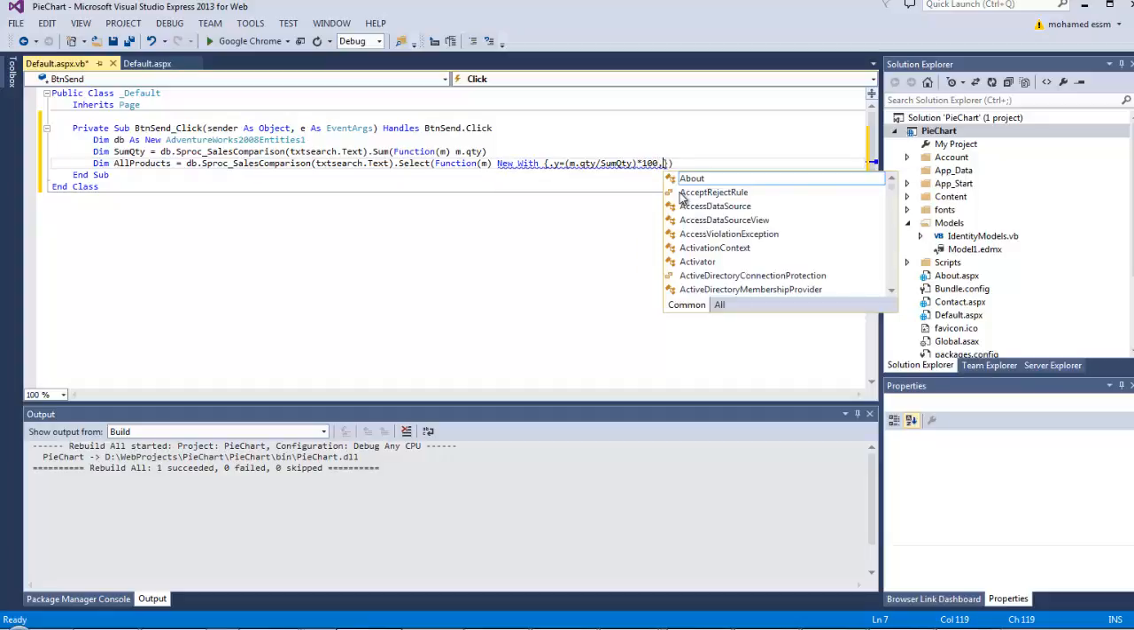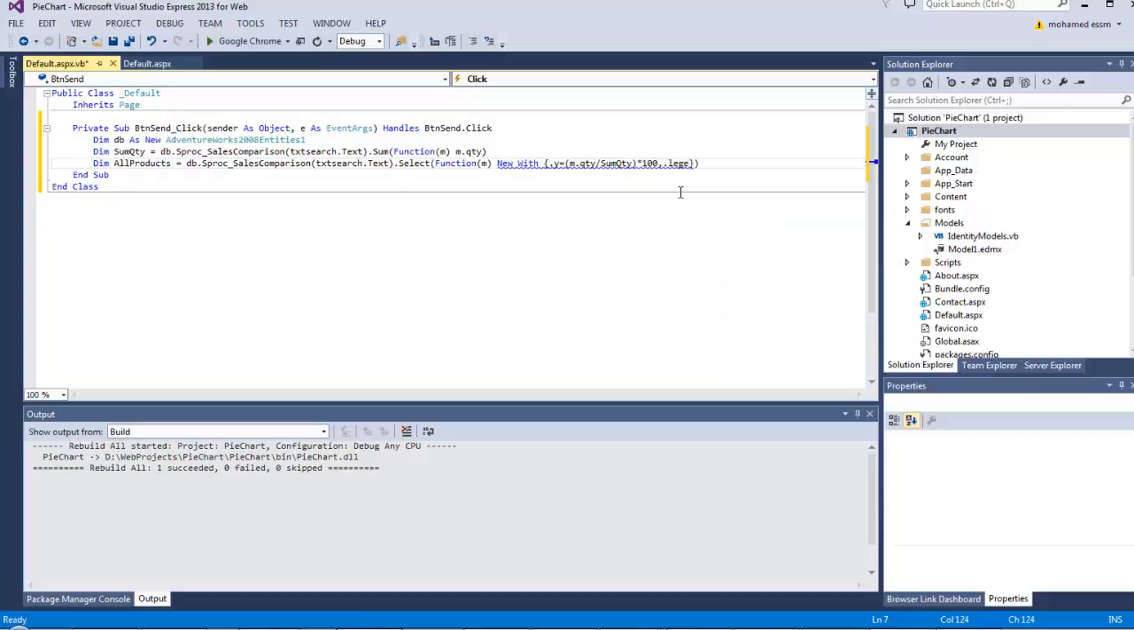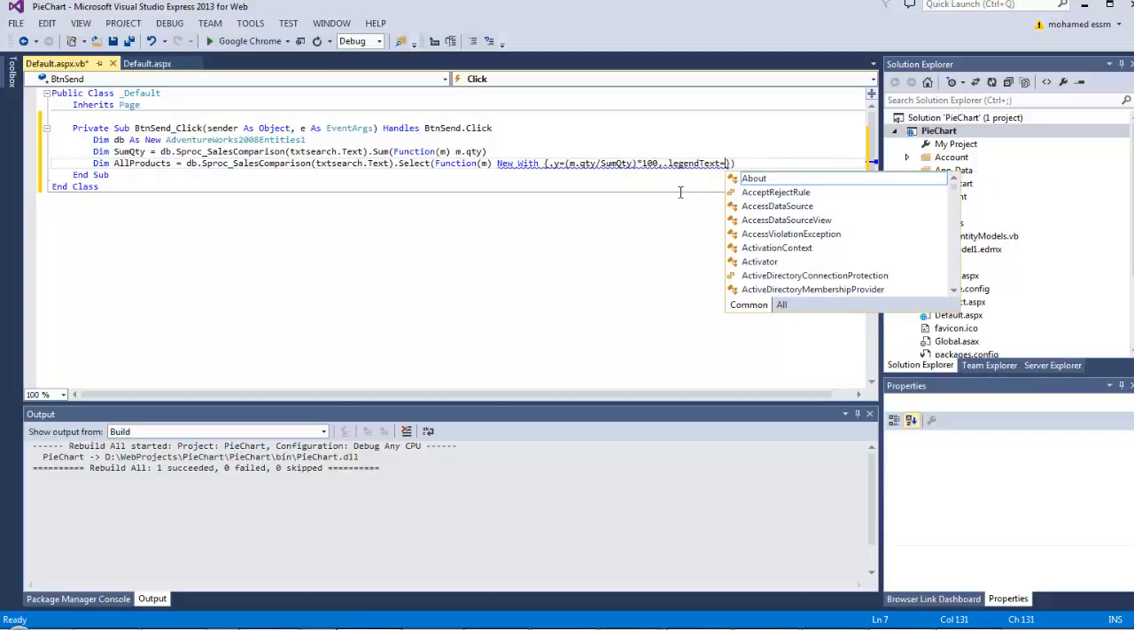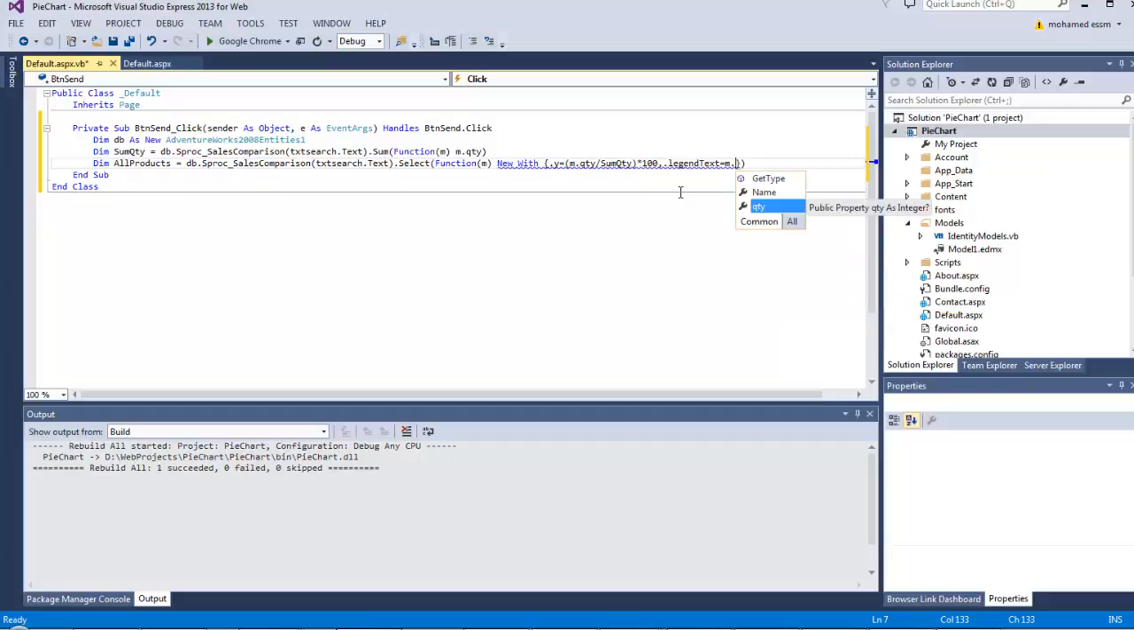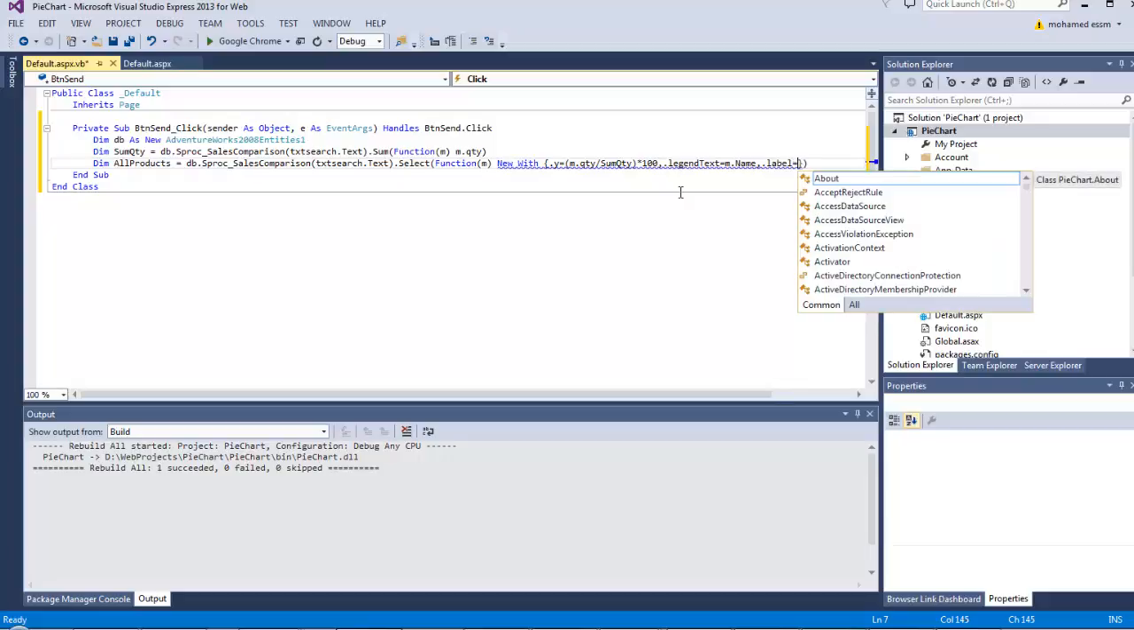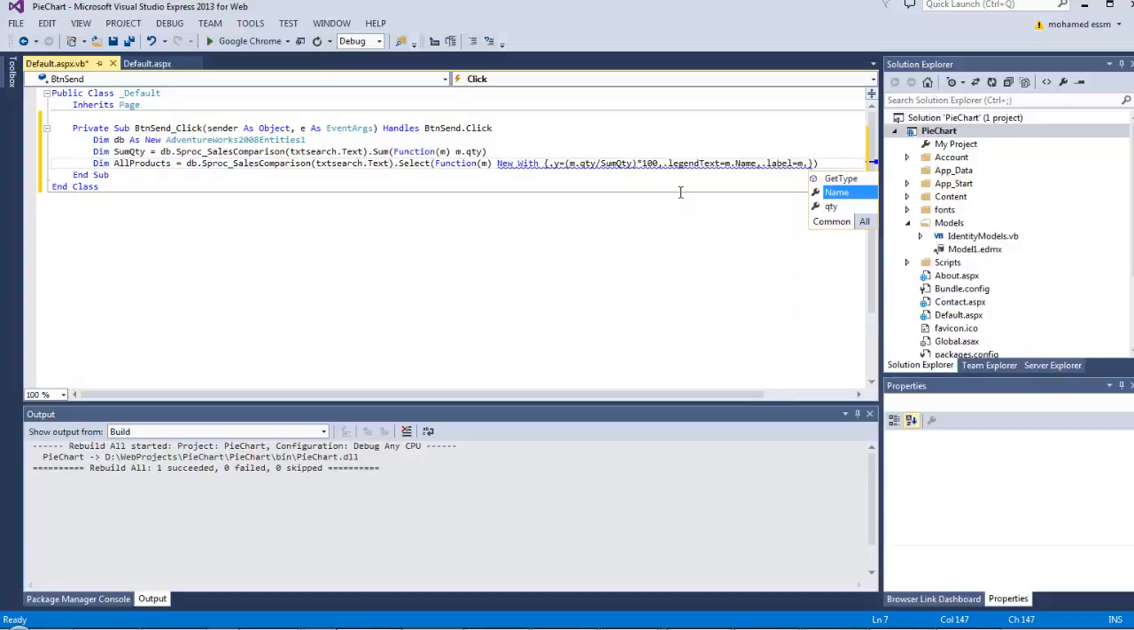The second one is the legend text. So .legend equals m.name. The last one is the label, and the label should have the same value again of m.name. Okay,